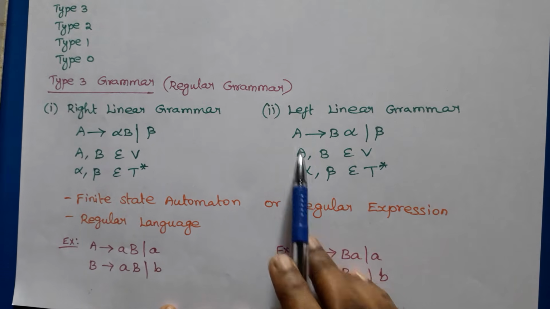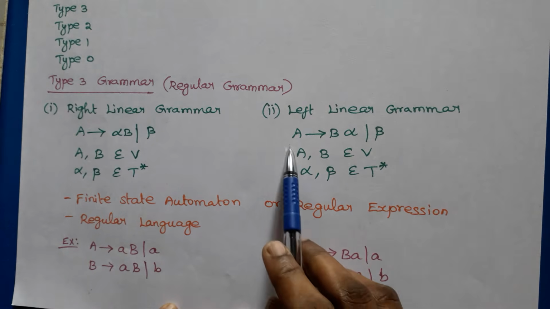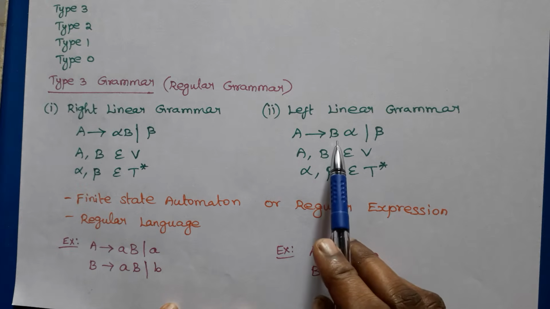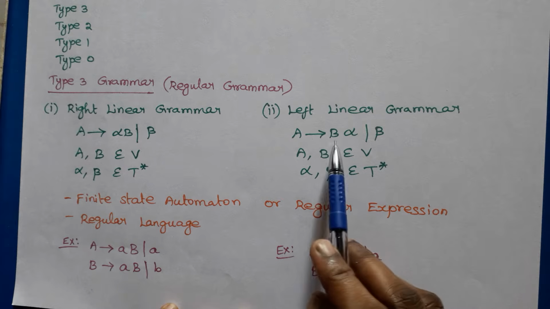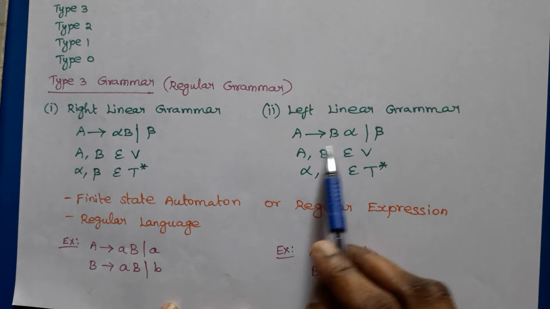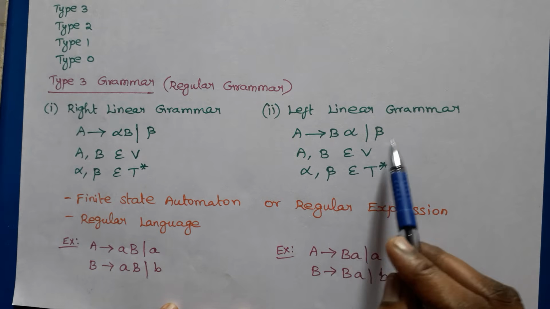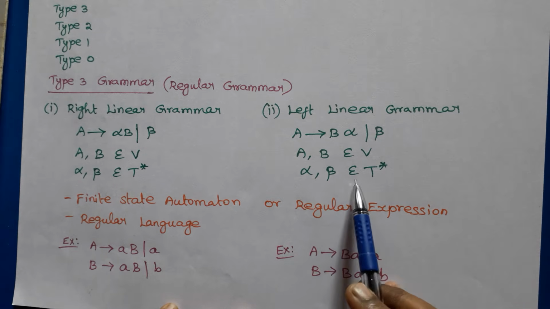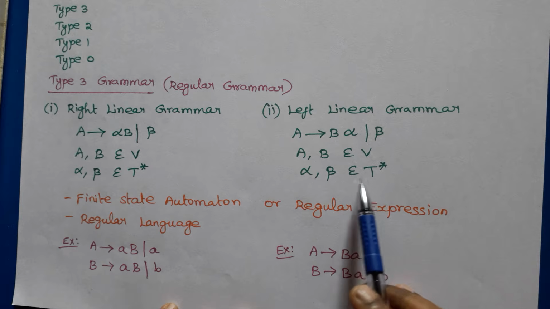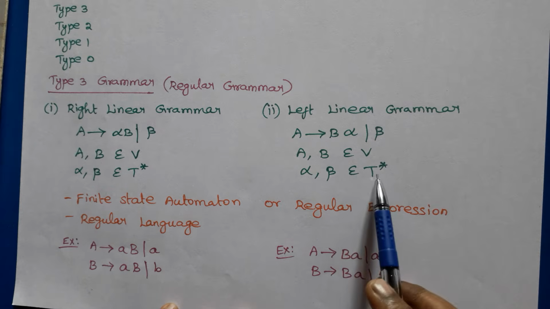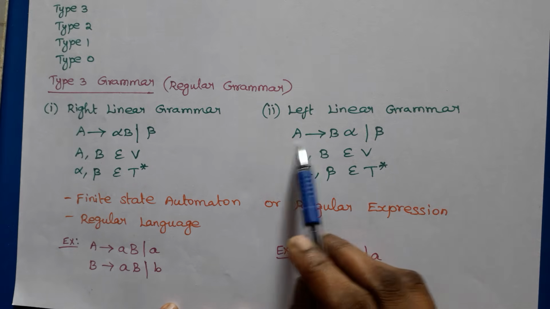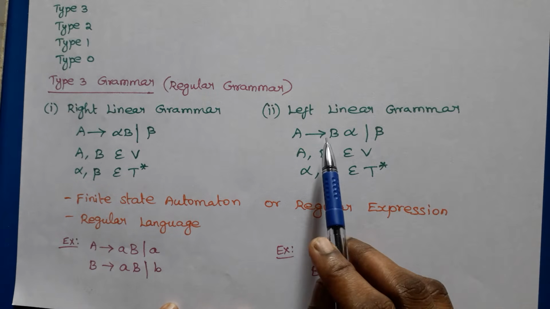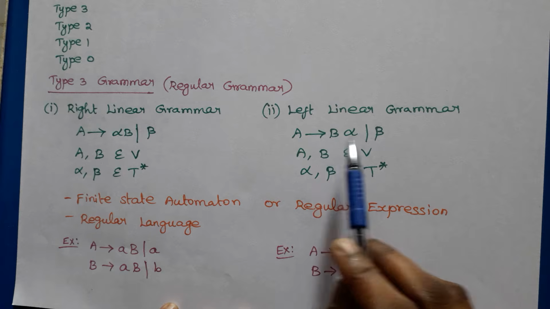In left linear grammar, A tends to B alpha. This is written alternatively: first B is written, then alpha bar beta. So here also A and B are the variables, alpha and beta are strings of terminal symbols, that is, any number of terminals. So a variable tends to a string of terminals, or a variable tends to a variable followed by